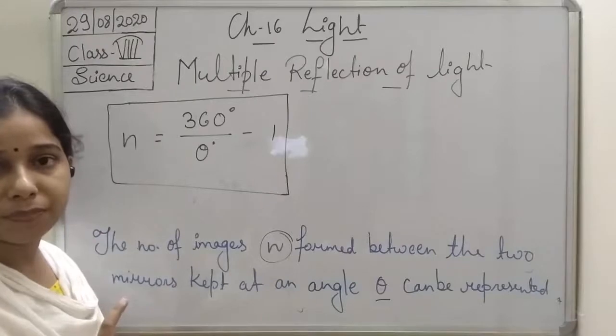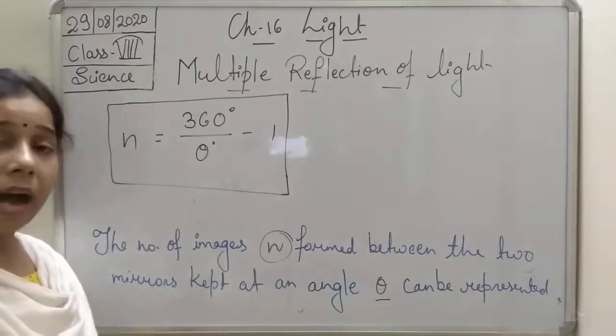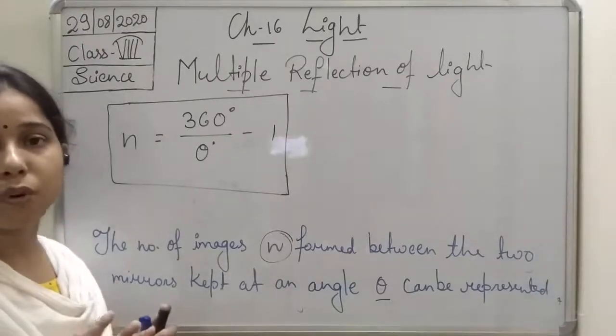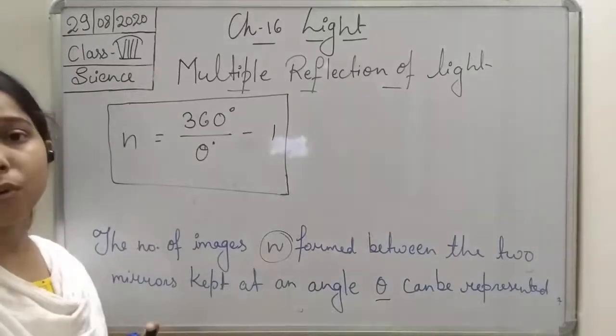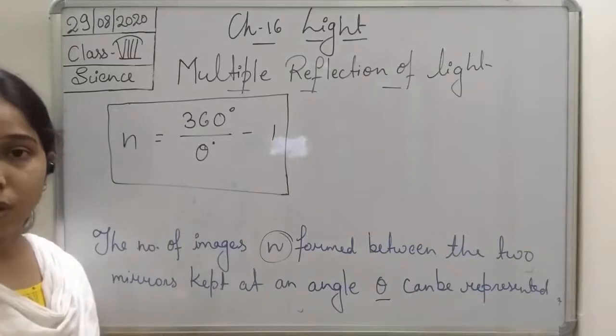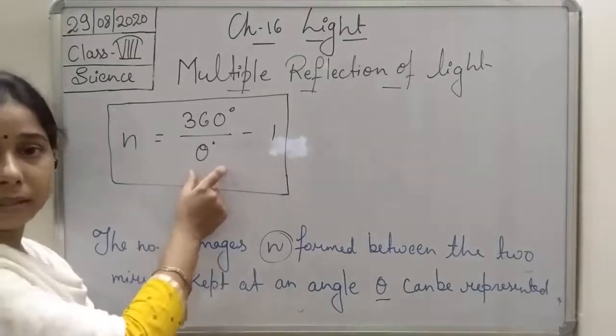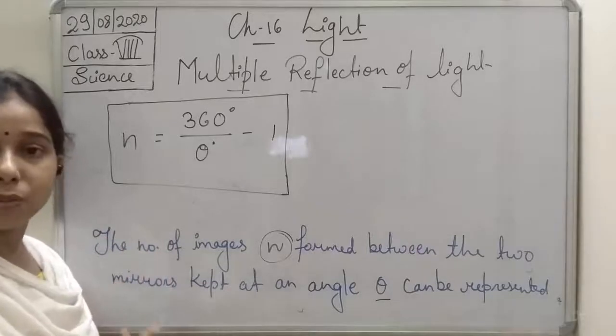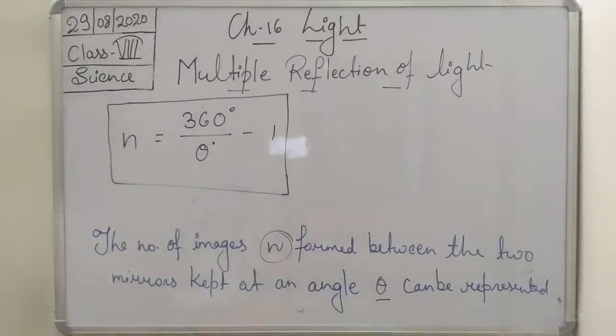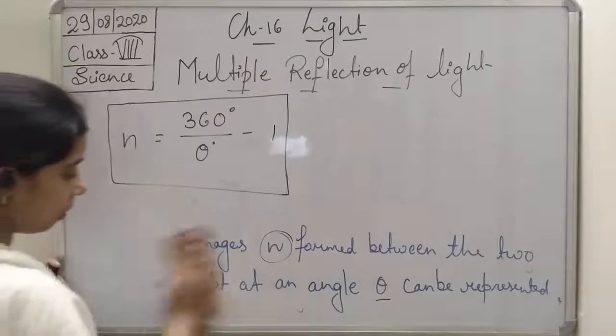Now you see here, students, as the angle between both of the mirrors becomes less and less, the number of images will be more. Okay, so you can understand it by this: if the angle between them is less, then the number of images will be more. So we can write it as